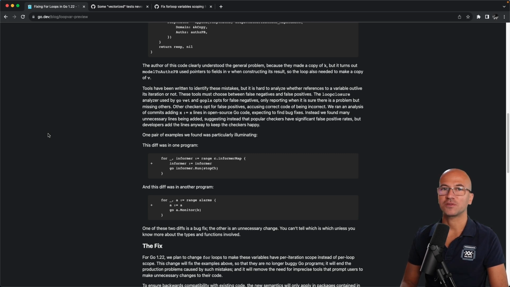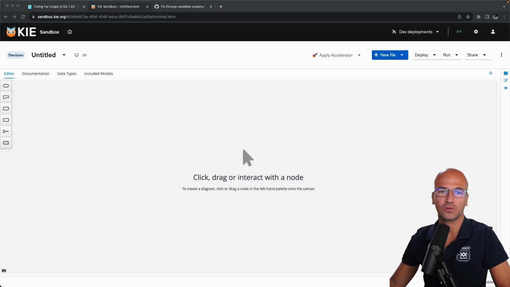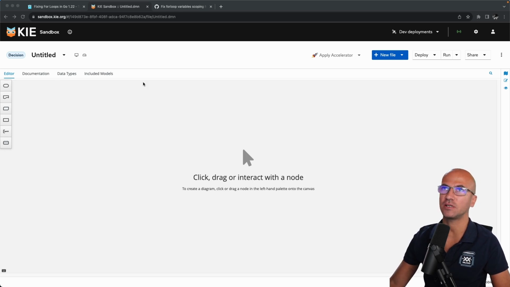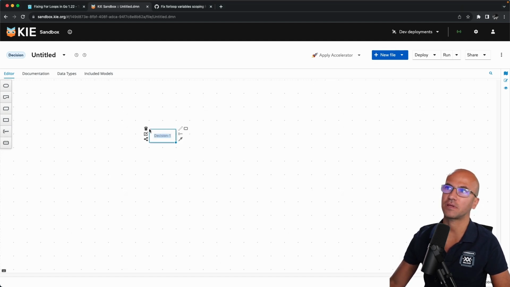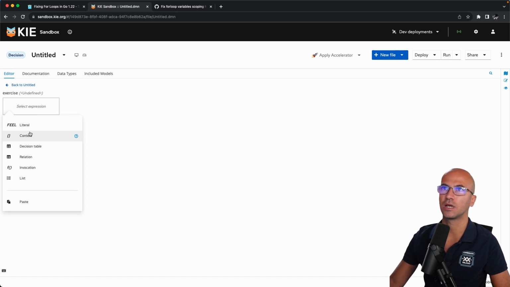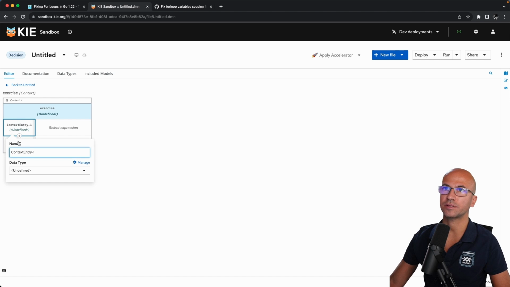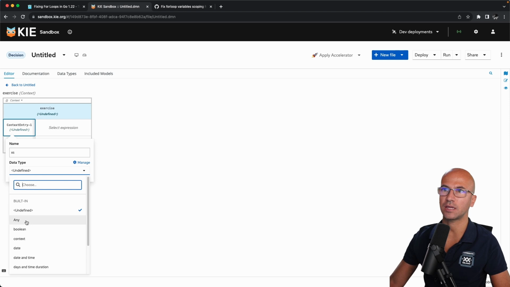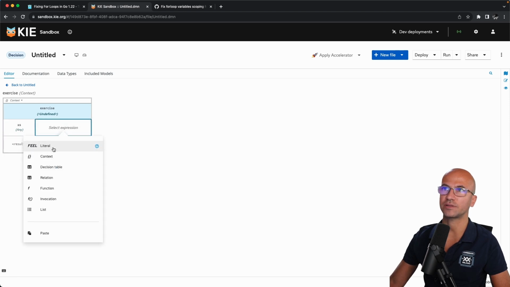We can now move to see analogous things in another expression language, DMN FEEL. Alright, so now to see an analogous case in DMN FEEL, what I started here is the KIE sandbox. So again, in your browser, dmn.new, and I'm going to use it as an exercise playground. I'm just going to have a very simple decision here. We can make a context, and we call it XS, and we are just going to have a very simple expression.